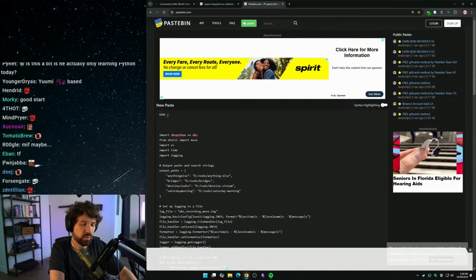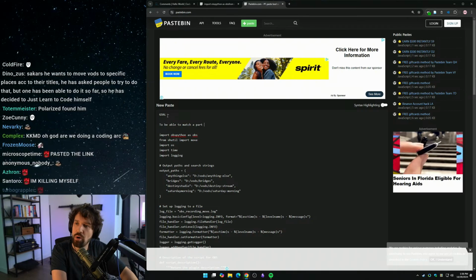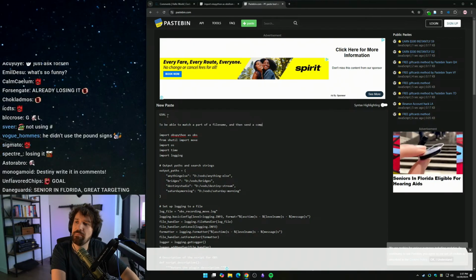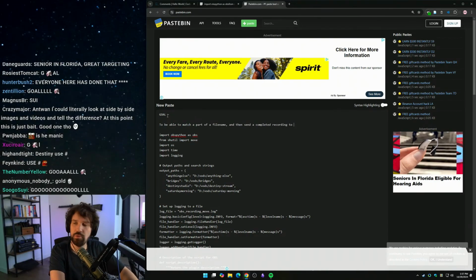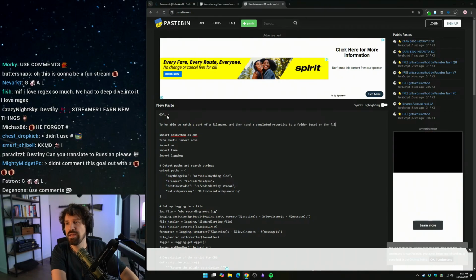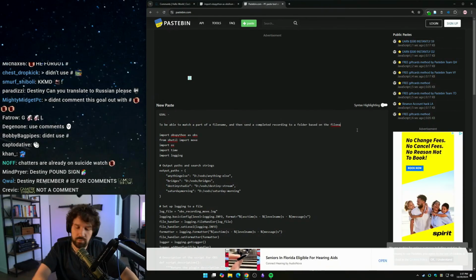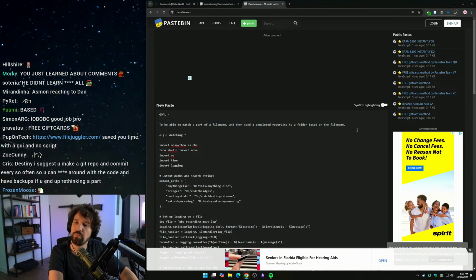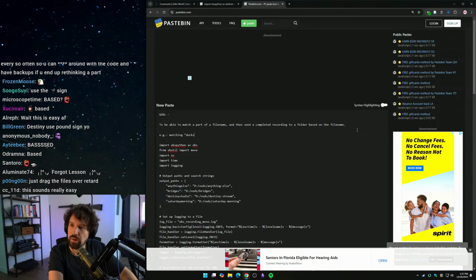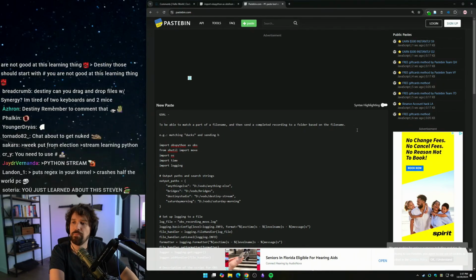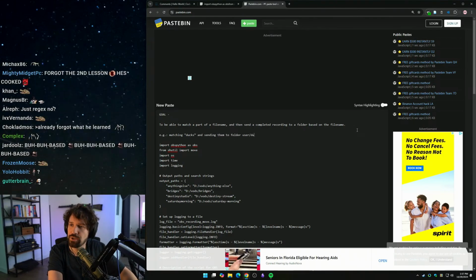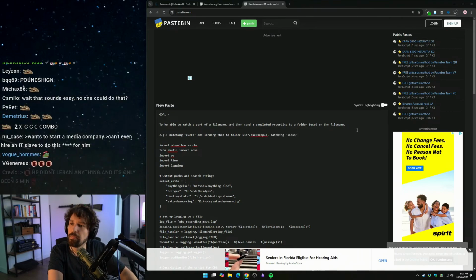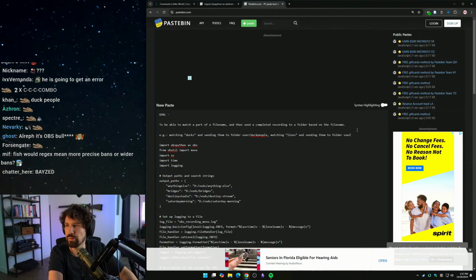Goal: to be able to match a part of a file name and then sort the file, and then send a completed recording to a folder based on the file name. Example: matching ducks and sending them to folder user/duck people, matching lions and sending them to folder user/cats,